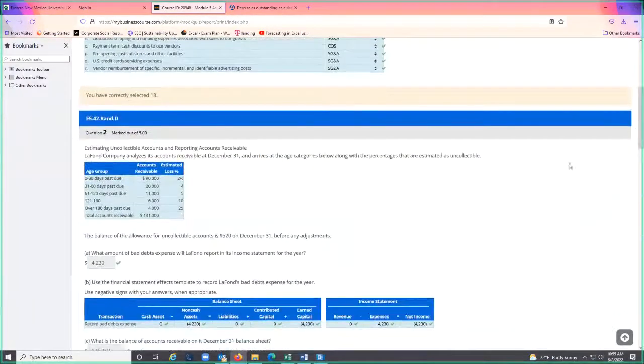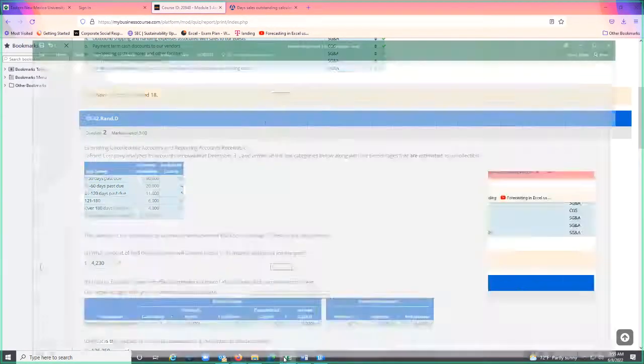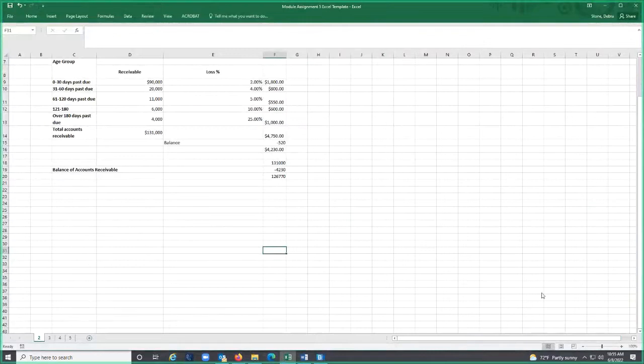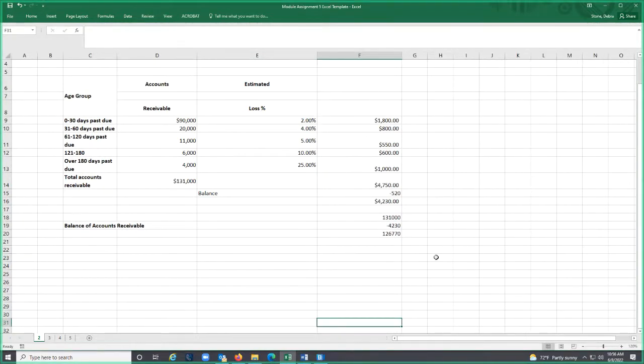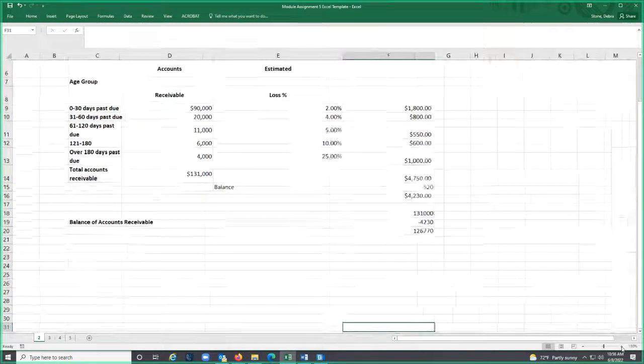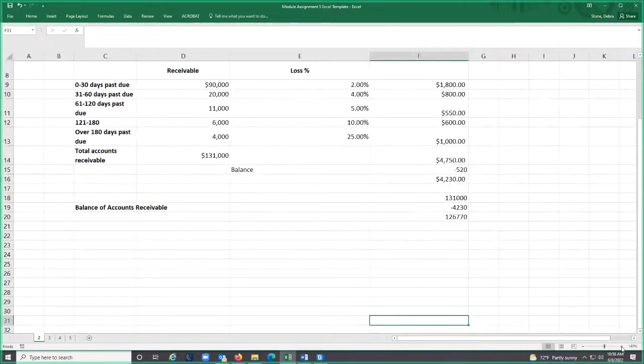What I did in this problem is I copied this over into an Excel template. So now I'm going to go to Excel and I'm going to make this bigger. I need to have it bigger. That should help you see it better. I am hoping so. Remember, you can always increase your screen size. Okay, so I cut and paste